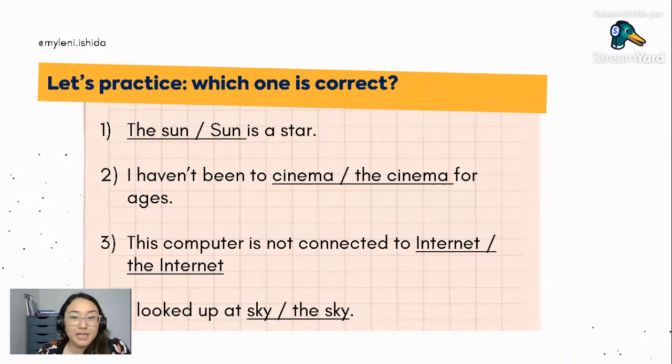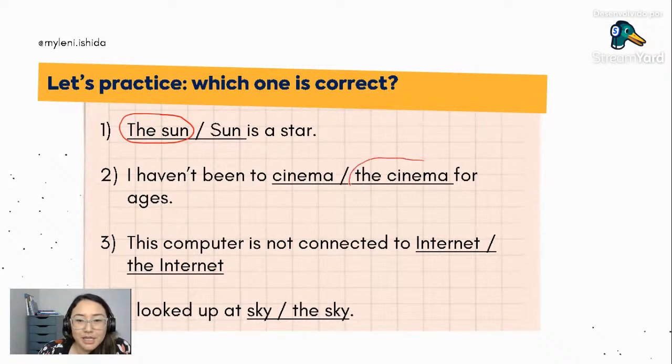The sun or sun is a star, right? We have, like we have seen before, the sun. I haven't been to cinema or the cinema for ages. Tell me. Before you tell me, I'm gonna close the Instagram here. Nice. I haven't been to